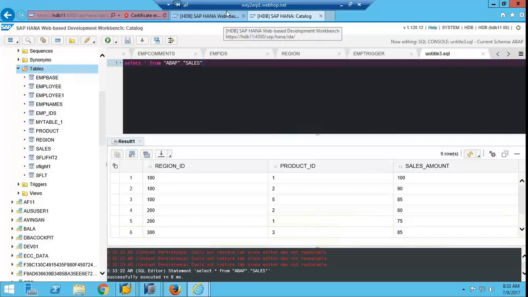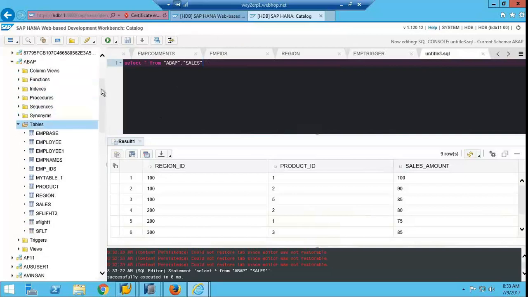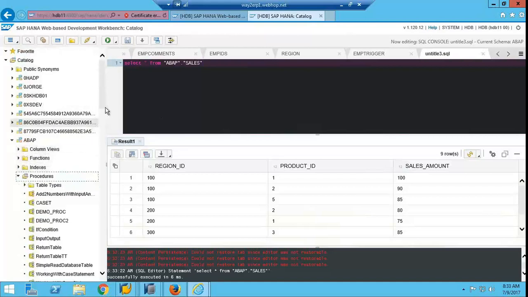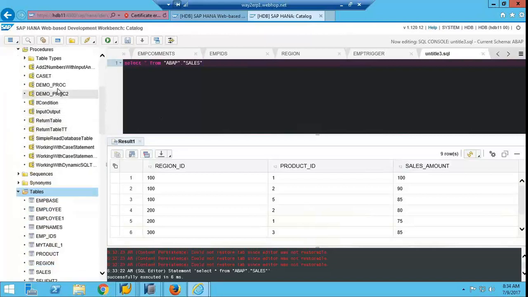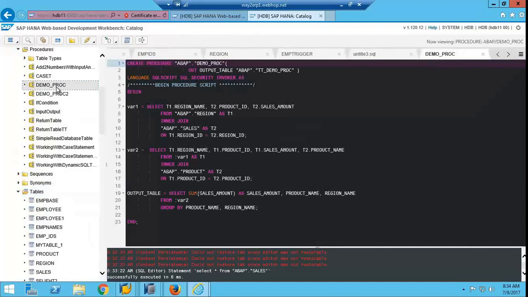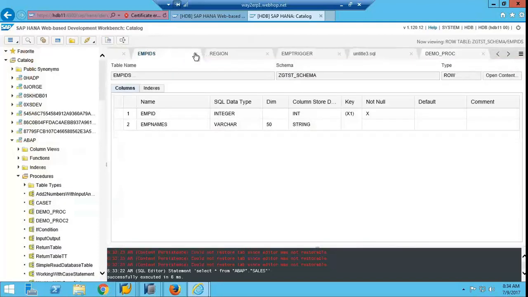Are you clear? Whatever operations you are doing in HANA Studio, similar operations you can do from here. Okay, you can see procedures. These are all procedures, you are able to see here. This is a different editor. You can see table structures.